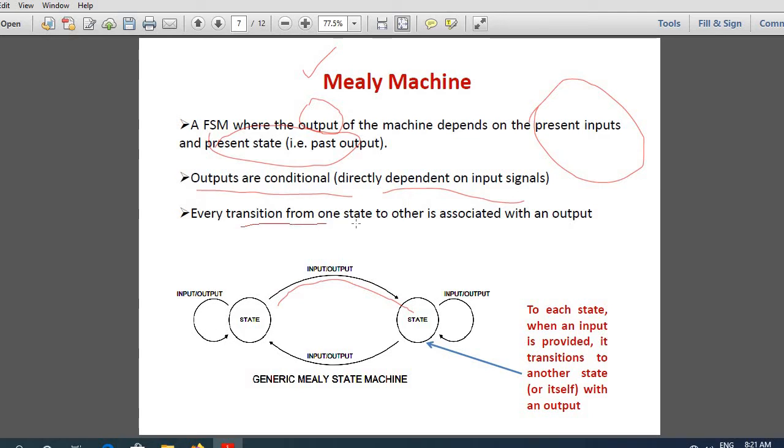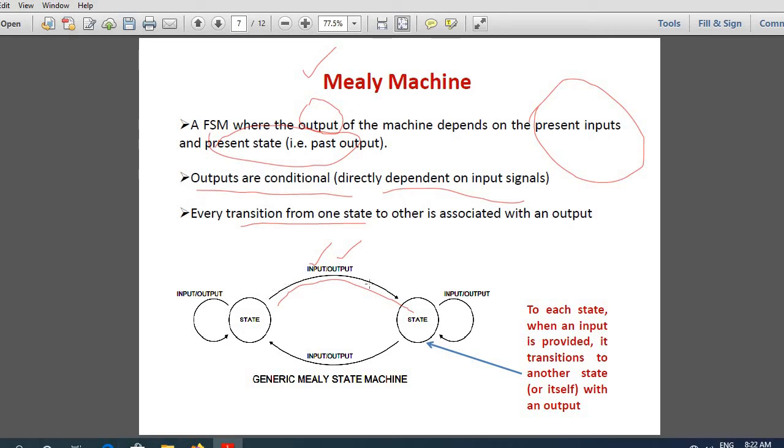Every transition from one state to another is associated with an output. So here, from this state, it is changing to this state. That state change happens when this input is provided. That is the meaning of this. From this state, if the machine has to move to this state, this input has to be provided, and through this movement, this output will be produced. So Mealy machines will be represented this way.